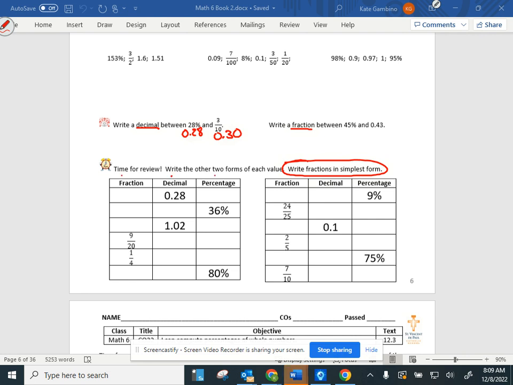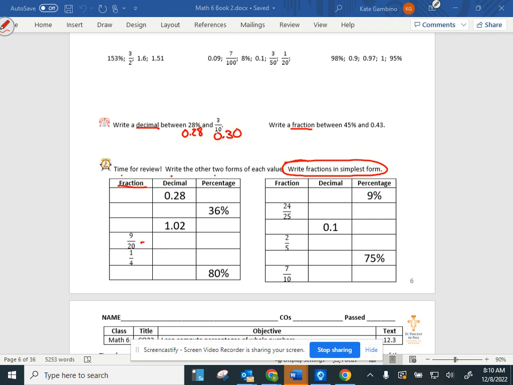Just practice doing it, converting between the three. Making sure that when you're looking at your fraction, did I simplify as low as I can go? What is our magic denominator? It automatically goes to, Nora? 100, and then simplify it down. So 9/20,